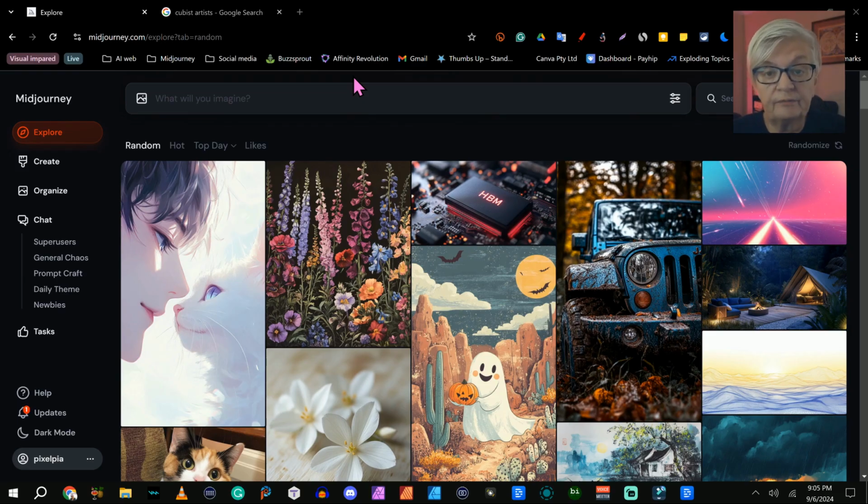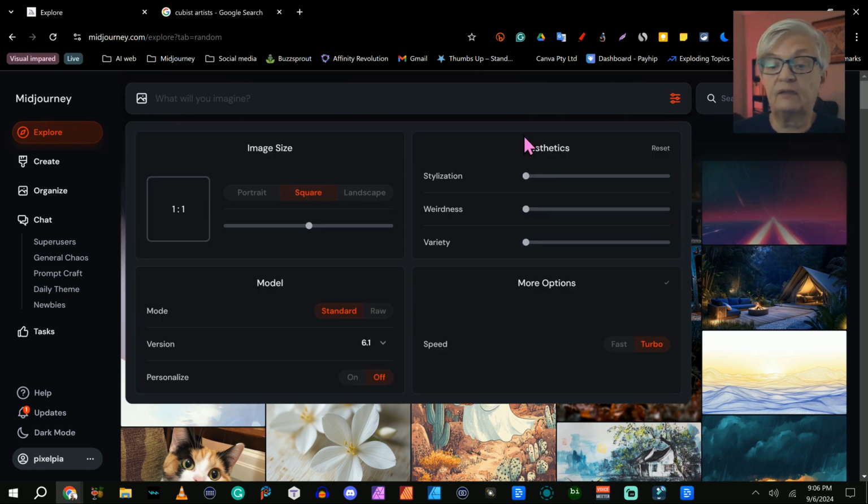So here we are in my Midjourney. We are on the Explore page right now, and at the top we have the area where we can write our prompt. I'm gonna click to the right here and adjust my prompt settings. In this case, we're gonna make square images, and we use model 6.1 in standard.